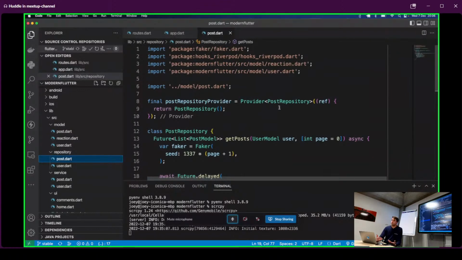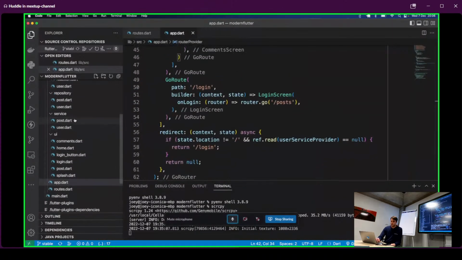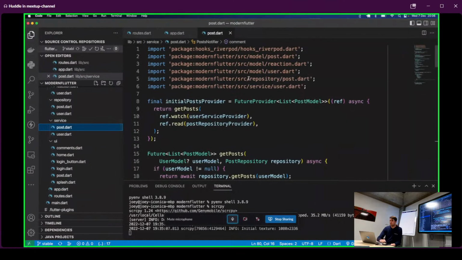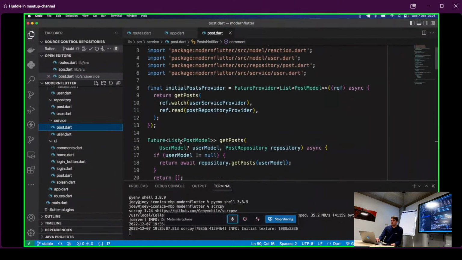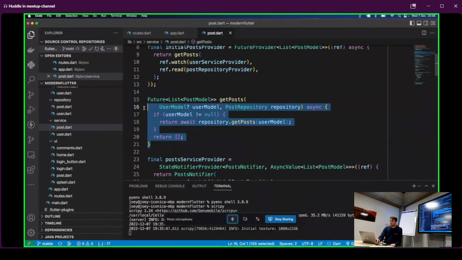A simple provider is basically, it returns whenever I read this variable, it's a global. Whenever I read it, I get back the value that I returned. Which I do in my post service. And what I do in my post service is I have a future, which is a global function. Probably better if I would make it private, but